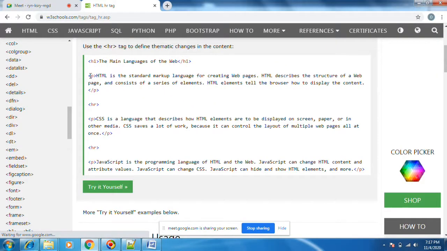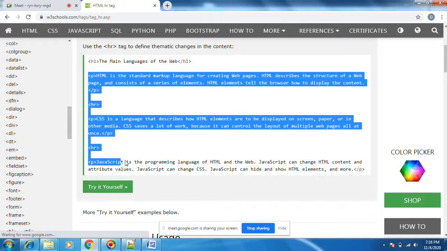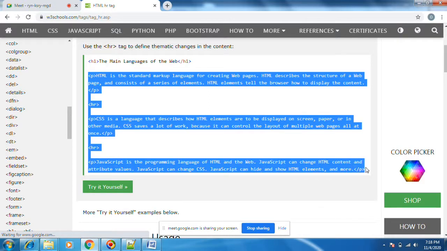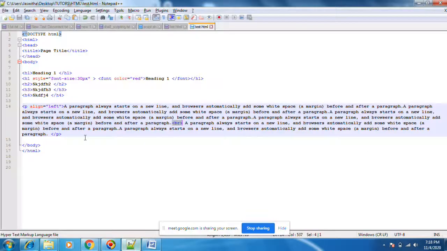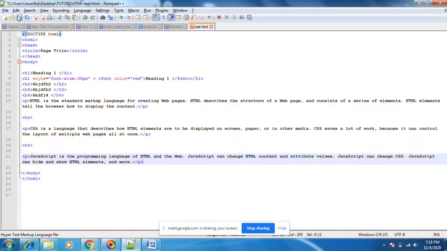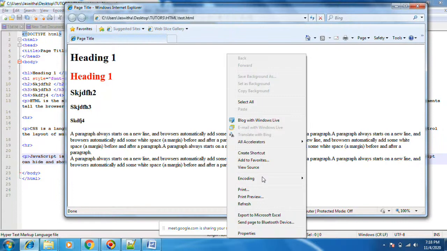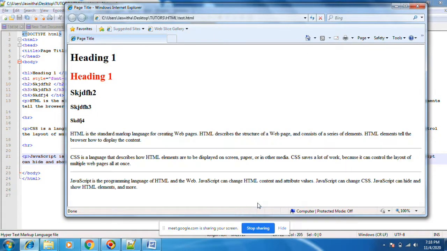Let me try this one and see how it works. Yeah, you see, this line is coming. This is called HR.